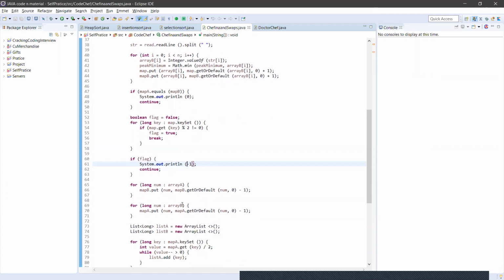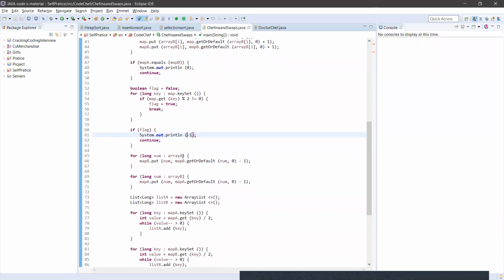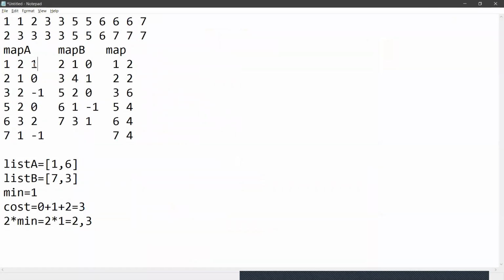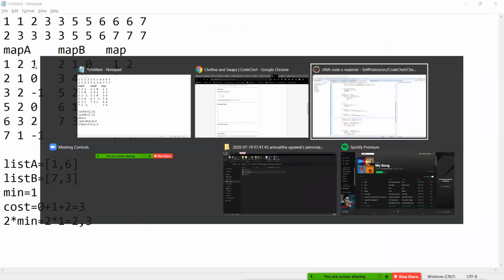If even, I use array A and make map B by removing -1. I add occurrences and delete occurrences. Same with array B and map A, delete occurrences. So the array is converted according to my logic.